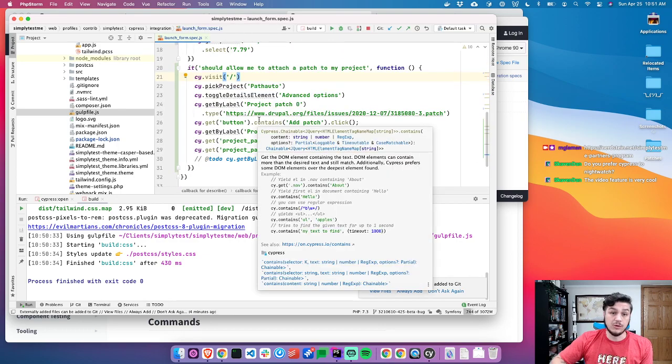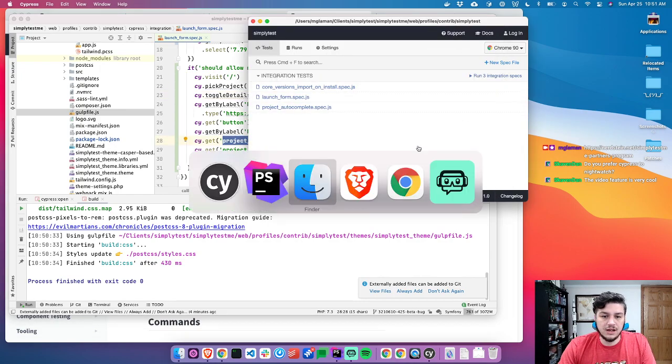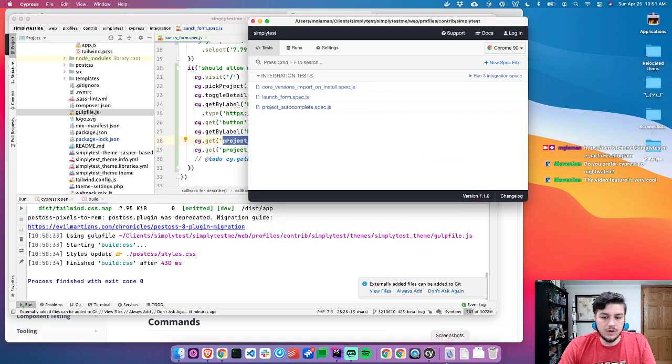Ideally, we would use the same scripts as core, like Olivero does. But we'll be taking out Tailwind for that. It's just Tailwind makes it really easy to scaffold these user interface components. So we did the build. So now we should have this fixed again. And if I go back to my window,